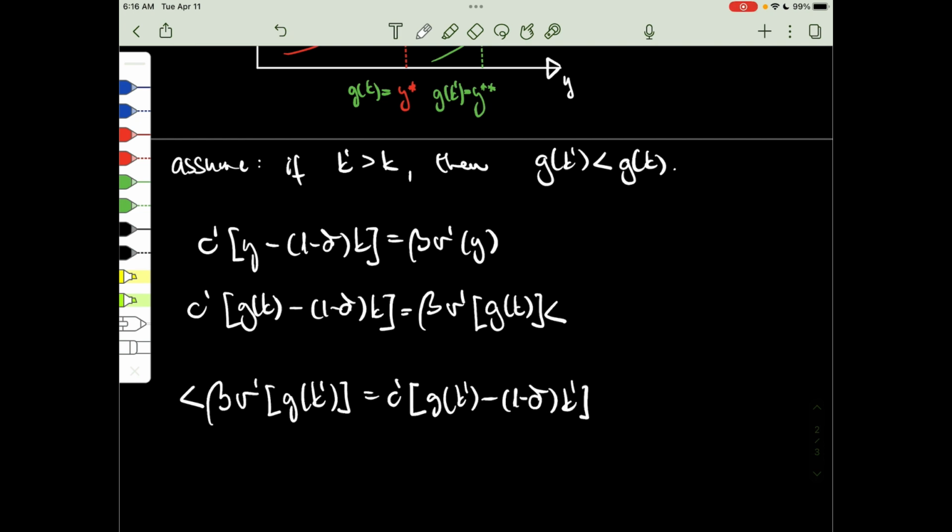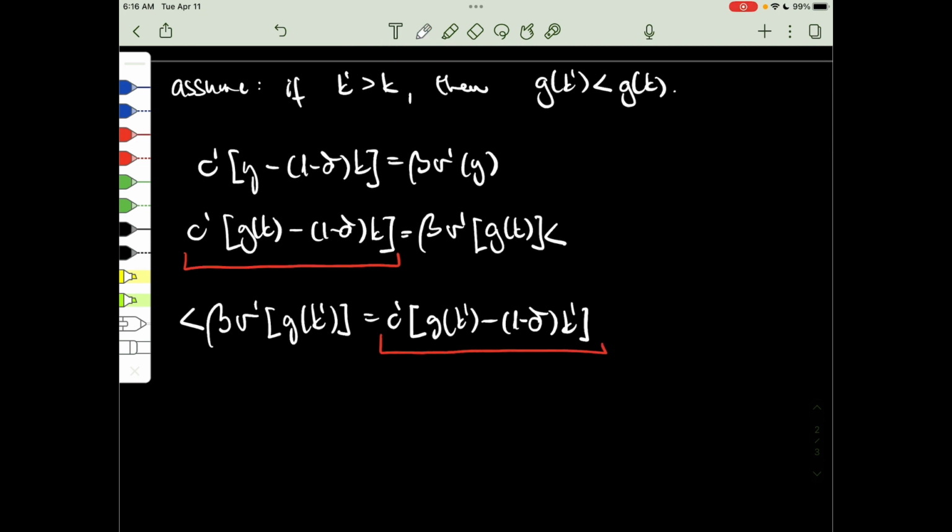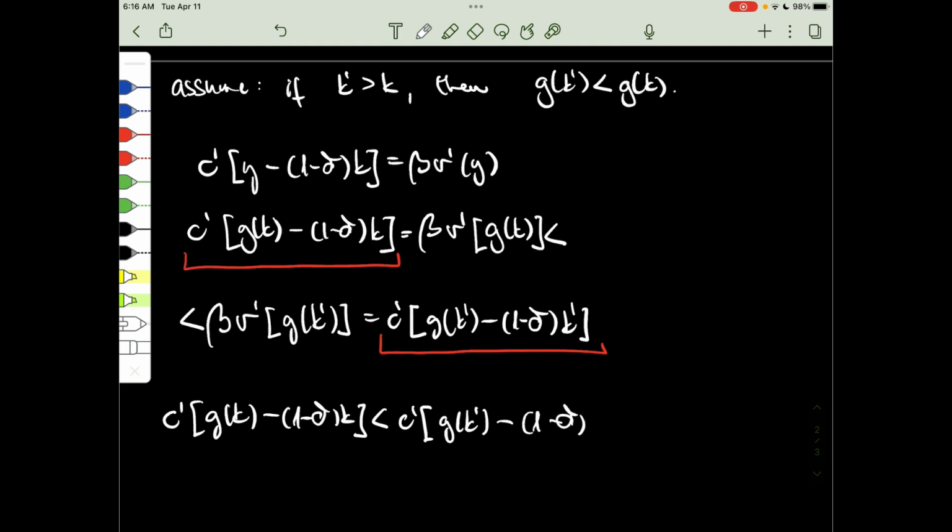Okay, from which it follows, by highlighting the relevant parts of this inequality, that another inequality holds,